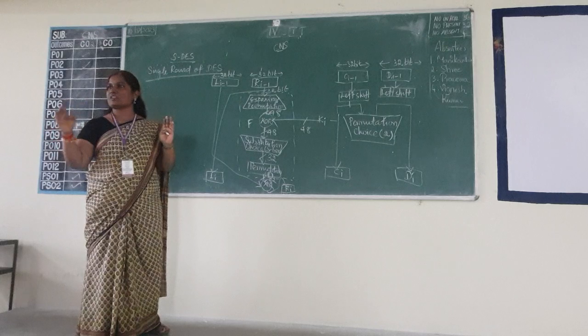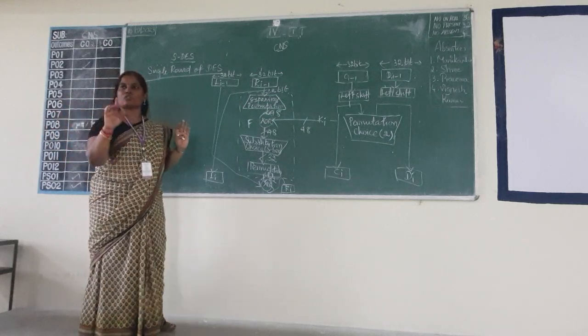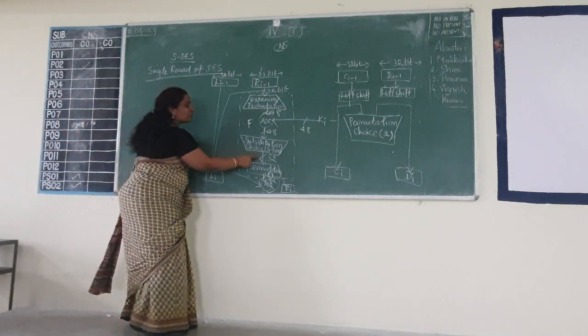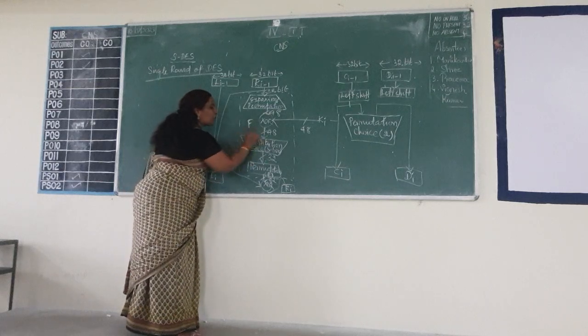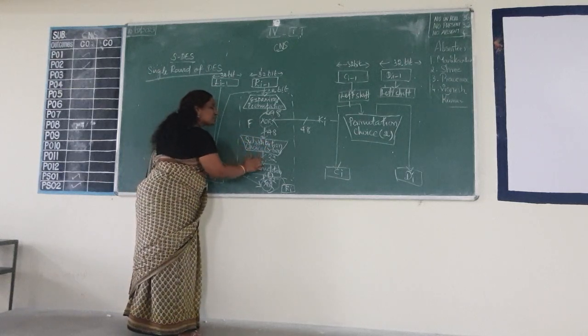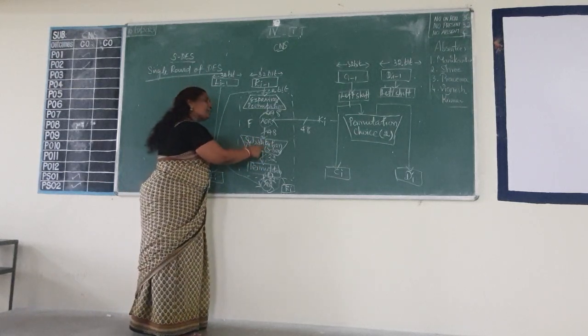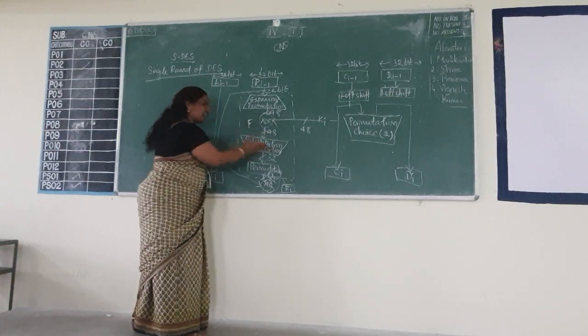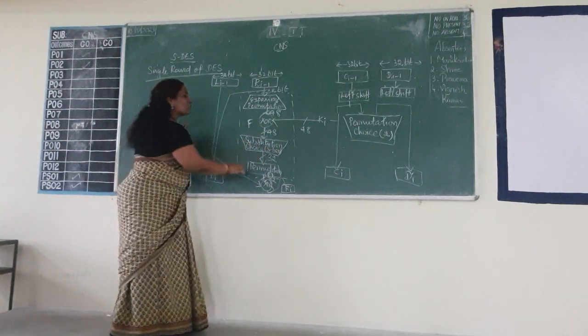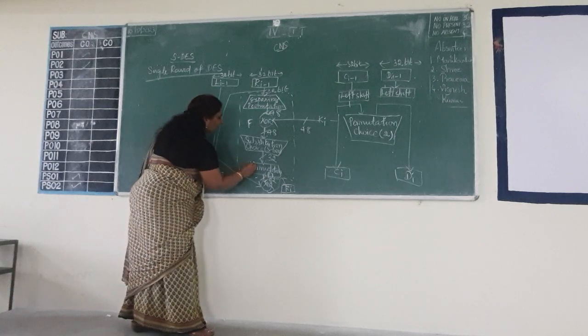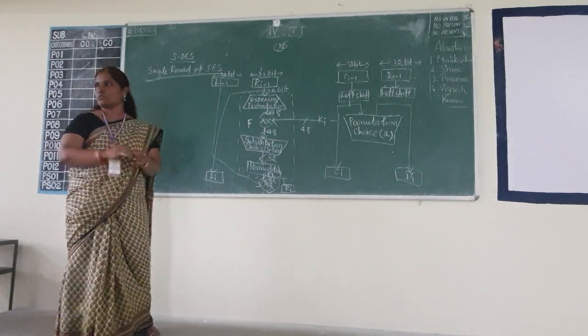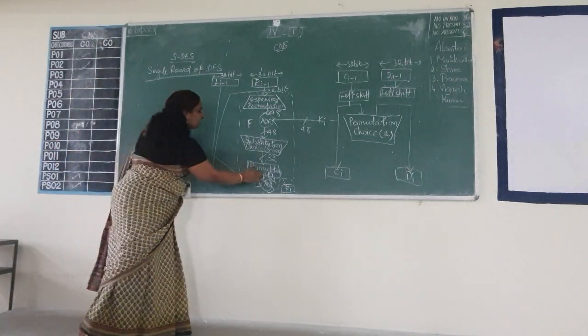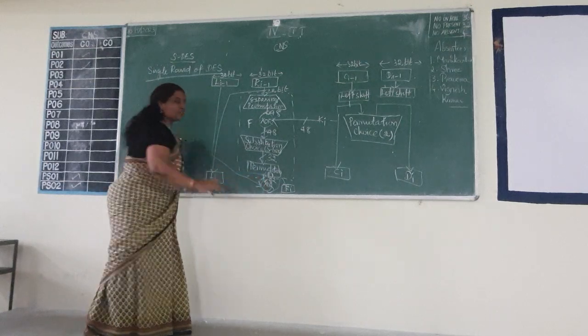Each S box takes 6-bit data and will produce a 4-bit data as output. So that 8 into 4 will become a 32-bit output. The output of the substitution boxes will be 32-bit and the input of the S boxes will be 48-bit. Is it clear? Right. After that we will do one more permutation, and then that will be given to the XOR operator.